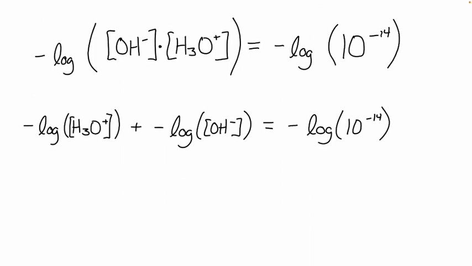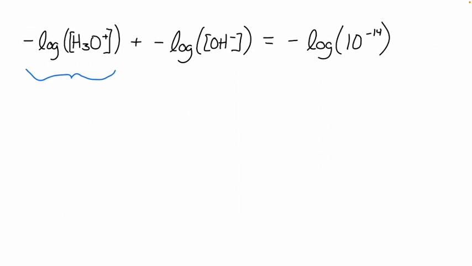All right, and so we can simplify this expression because we have a fancy term for the negative log of the hydronium concentration. What is that? What is the negative log of the concentration of hydronium? The pH, exactly. And this negative log of 10 to the negative 14 is just a number, right? So let's punch that into our calculator. Somebody tell me what the negative log of 10 to the negative 14 is. Positive 14, exactly.